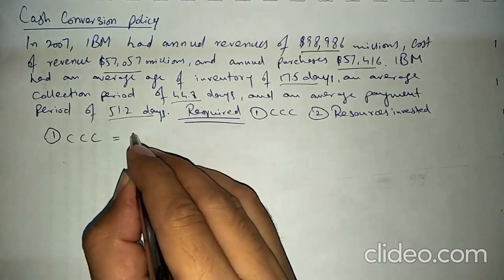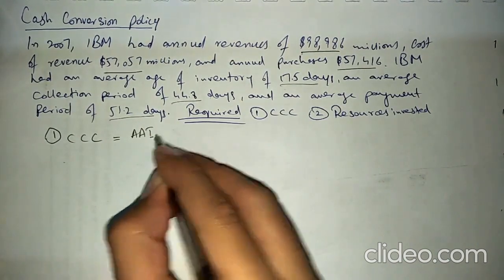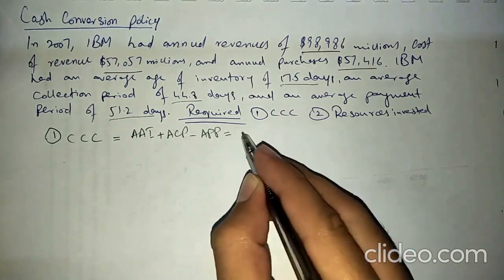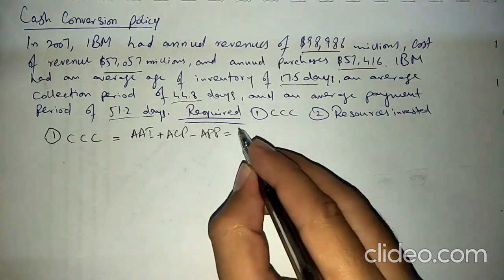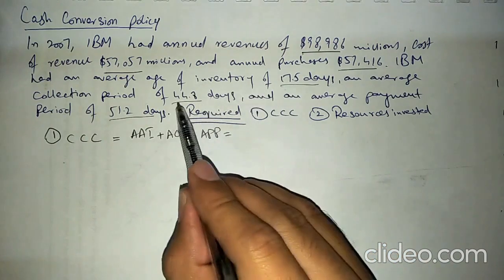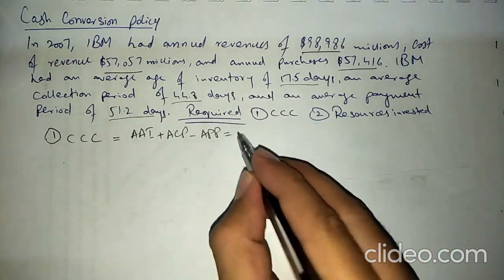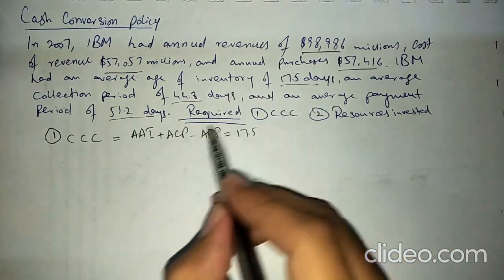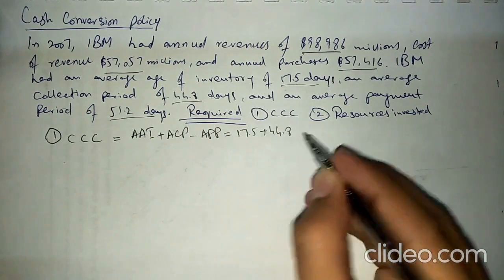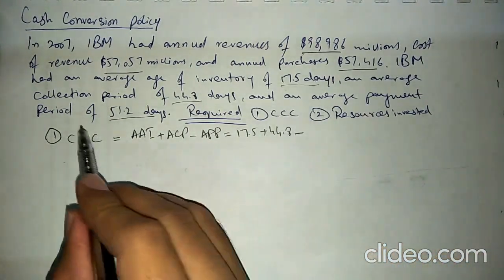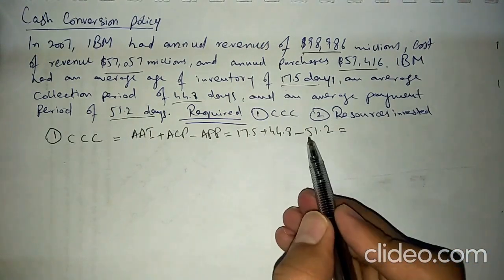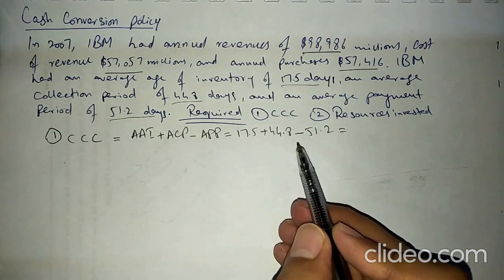In the previous lecture, I discussed the formula of the cash conversion cycle, which was the average age of inventory plus average collection period minus average payment period. So in this case, average age of inventory is 17.5 days, and average collection period is 44.8 days, minus average payment period is 51.2 days. By summing these two values and subtracting 51.2, the overall answer is